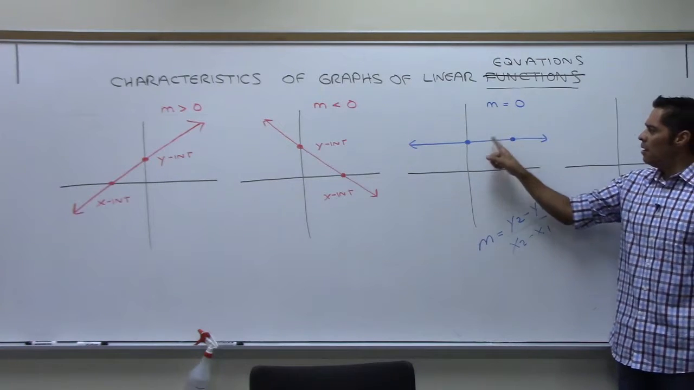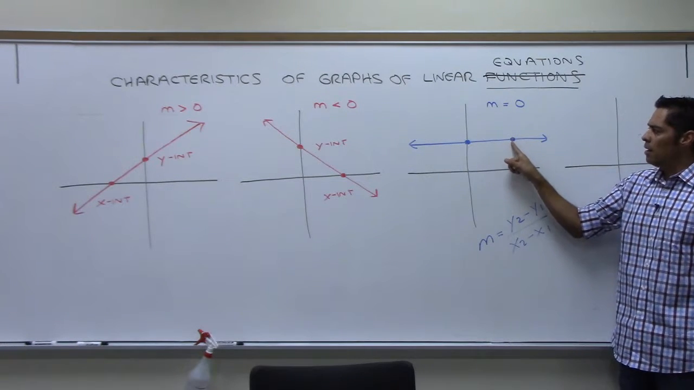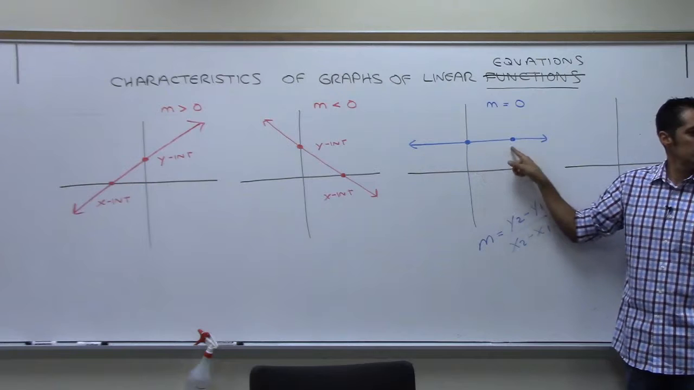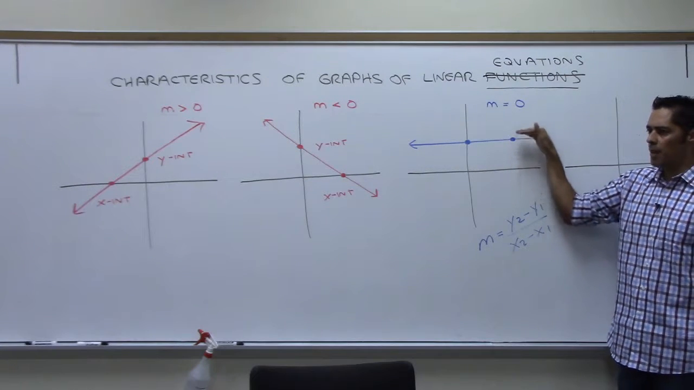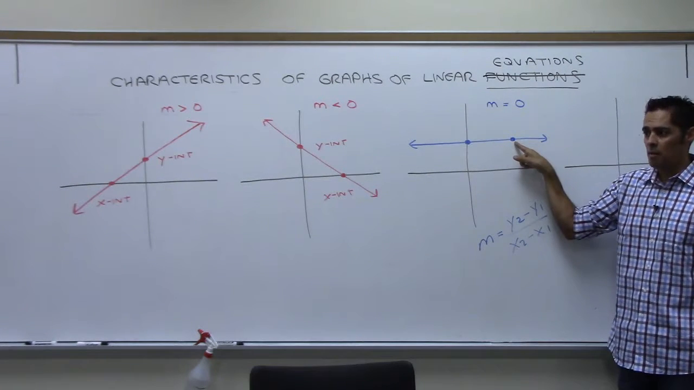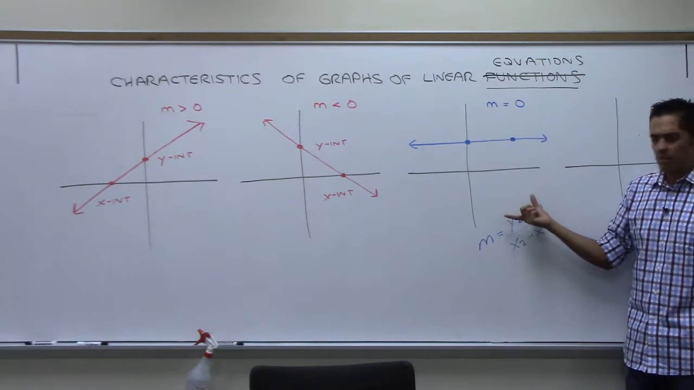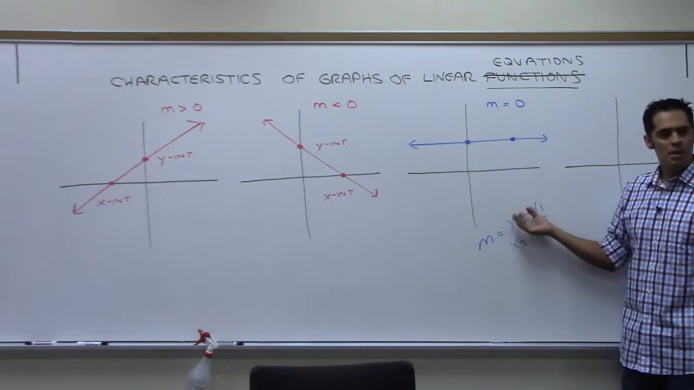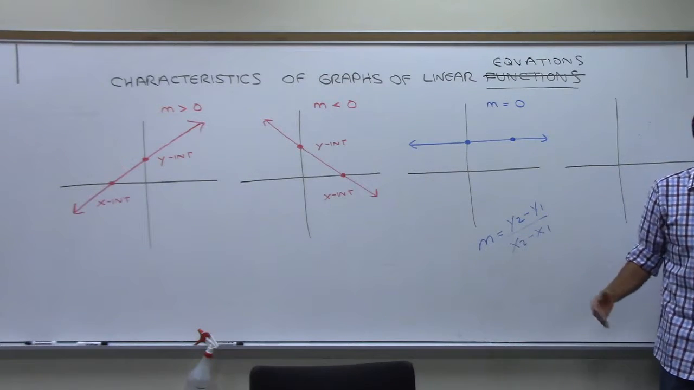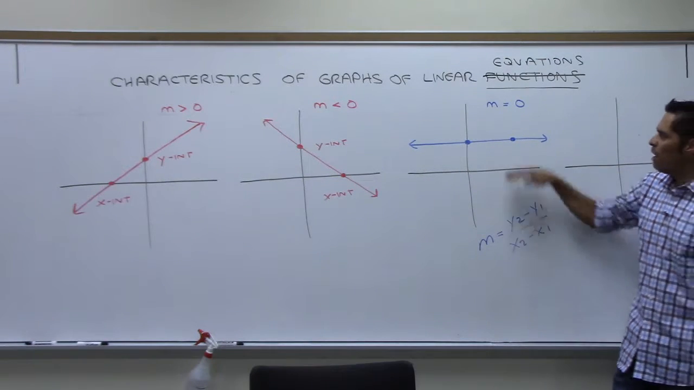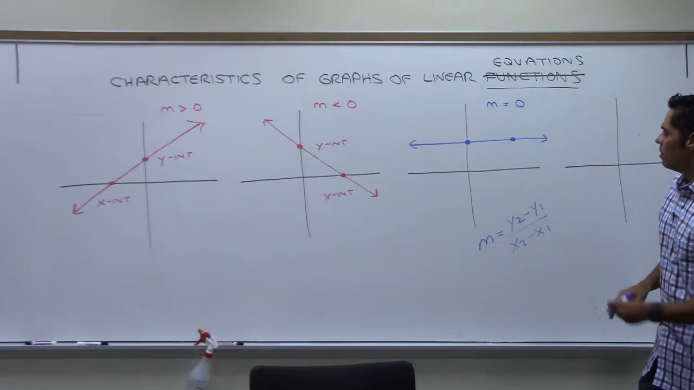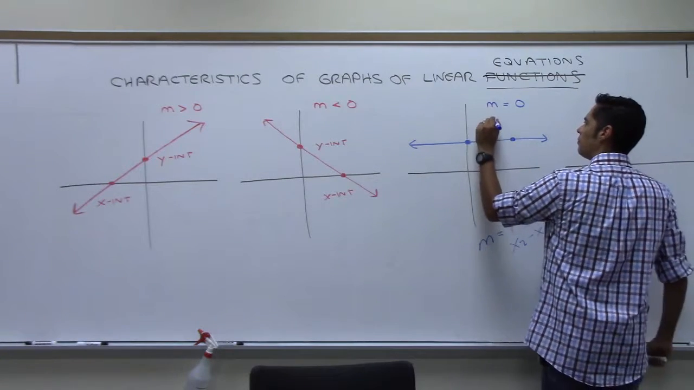But if they are both on this line, what can you tell me about their y coordinates? How high up they are? They're the same, right? So I'm going to take a number and subtract it from itself, and that's always going to be what? 0. So I'm going to get 0 over some number, and it's going to be 0. That's why we will always get a slope of 0. So I have a y-intercept,